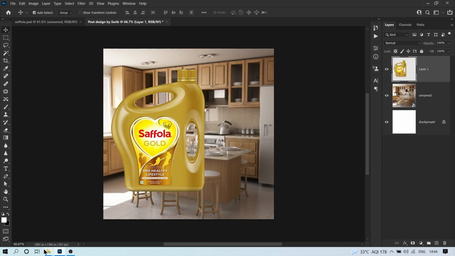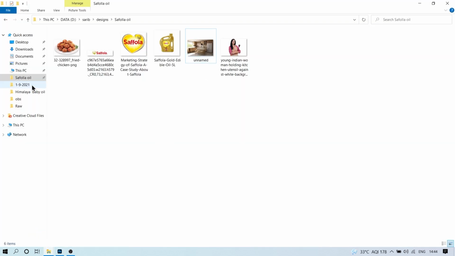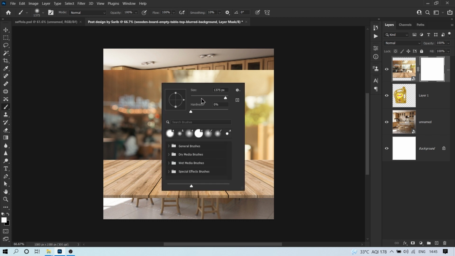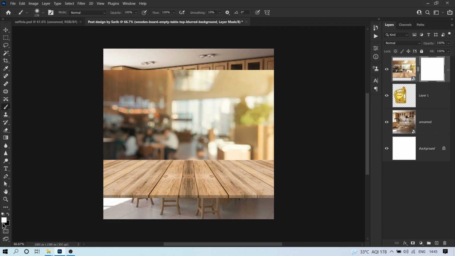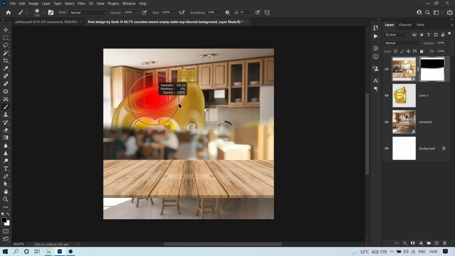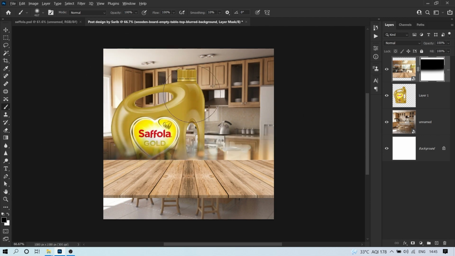And now let's put another image here. Now click on this mask layer and select the Brush tool, press B for the Brush tool, right click. Now you can choose your size, and if your mask is white, then you will have to select the black color. You can swap the black color like this and just brush here. So basically you are erasing this image. And now we just wanted this wooden